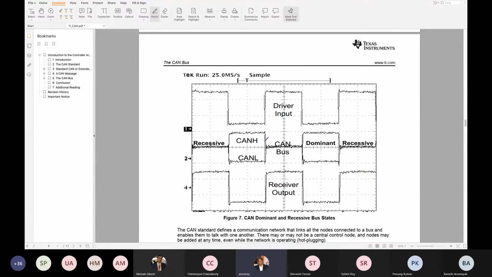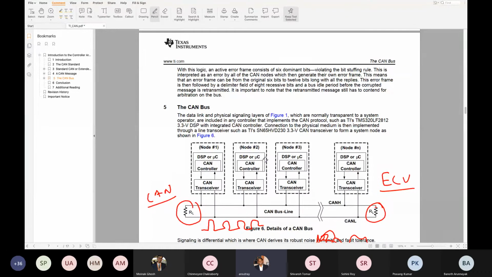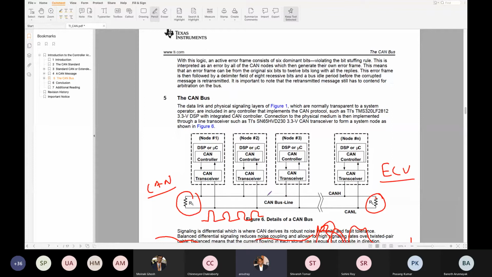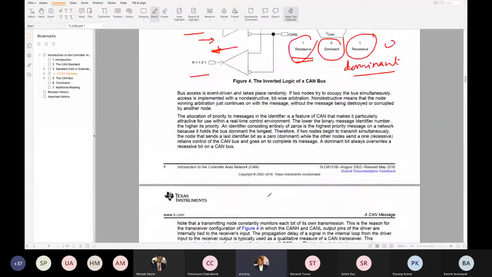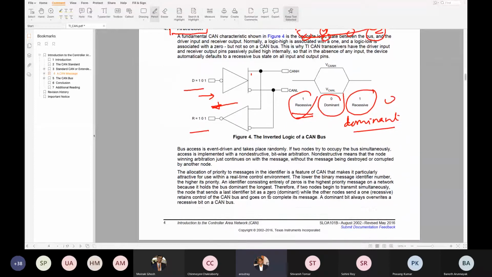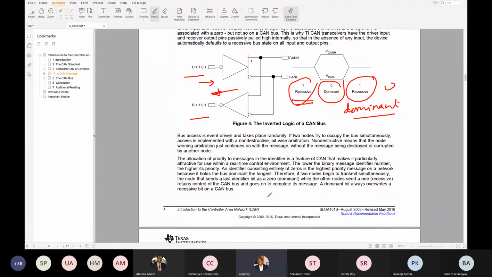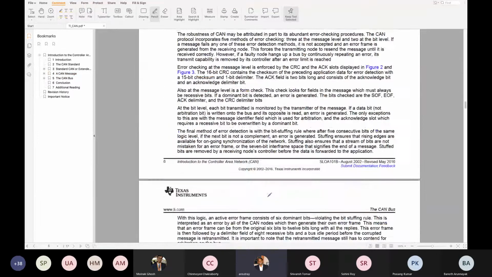If you look at the CAN transceivers, they are actually pulled to the high. So whenever you put 0, that becomes actually high. Otherwise, it becomes 0. So this is how it is dominant and recessive.